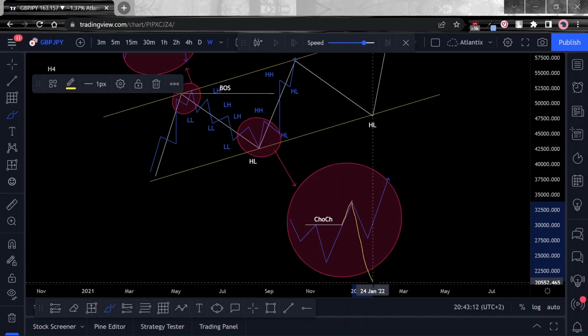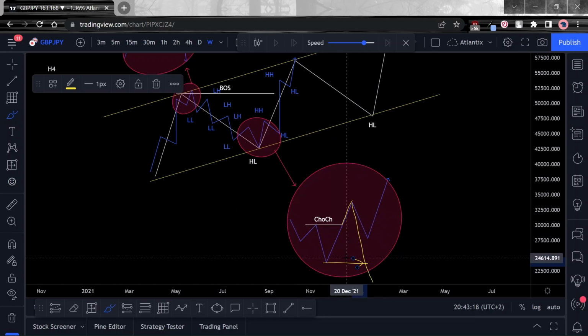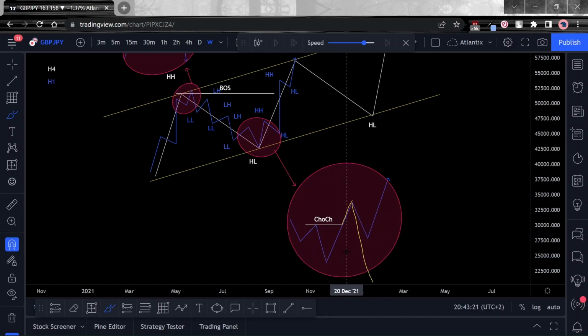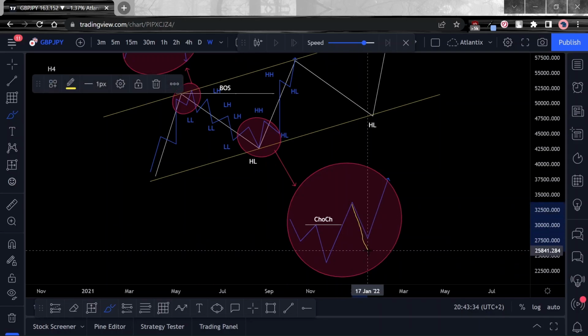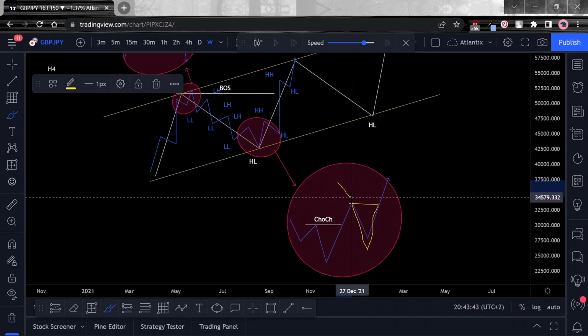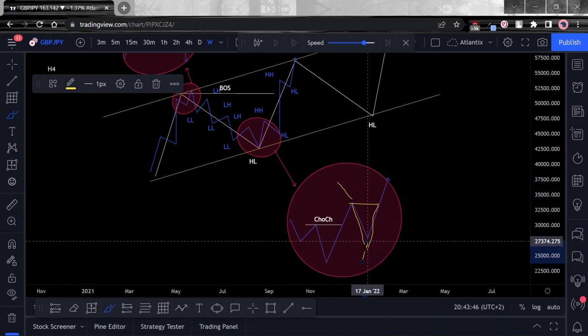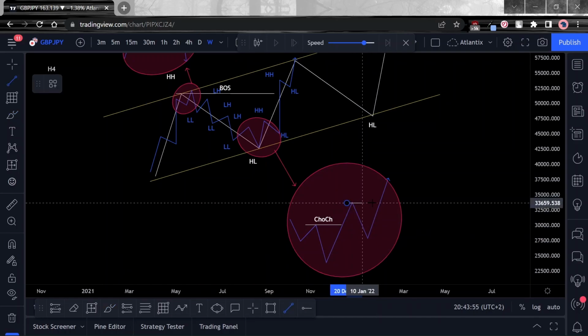Yes, price may continue to move down, in which case if it breaks this low, we know that it's still bearish and there was other internal structure that was still being broken. But if we're in the right areas where we had already anticipated this to take place, then when we see it happen, there is a significant probability that price is going to create only a higher low before pushing up. By the time it breaks this high again, it is now confirmed to us that price has changed. Why? Because we now have a higher high and a higher low. By the time it breaks this part, that's when we can call that a break of structure. All right.